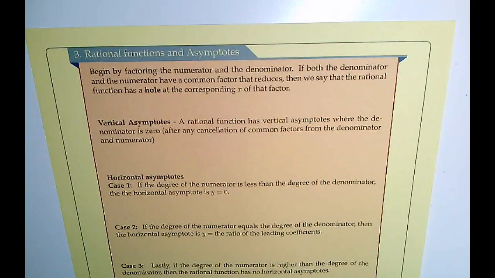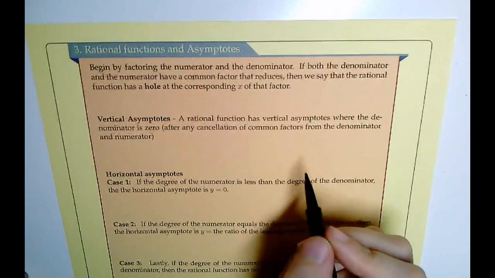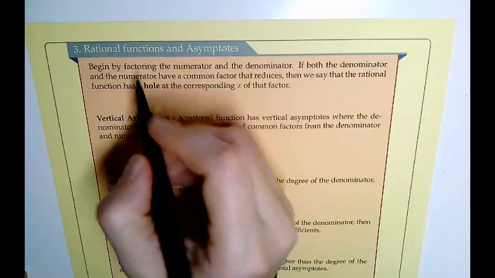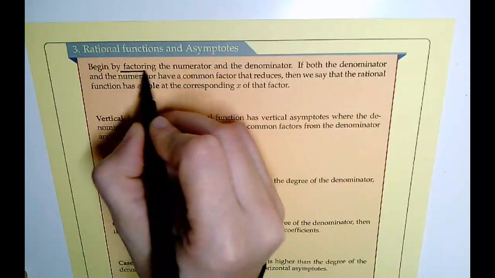Now, what makes rational functions more complicated to graph are these asymptotes. So let's go over what they are and how to find them, and then we'll end with how to graph rational functions. When you have a rational function, the first thing you need to do is factor the numerator